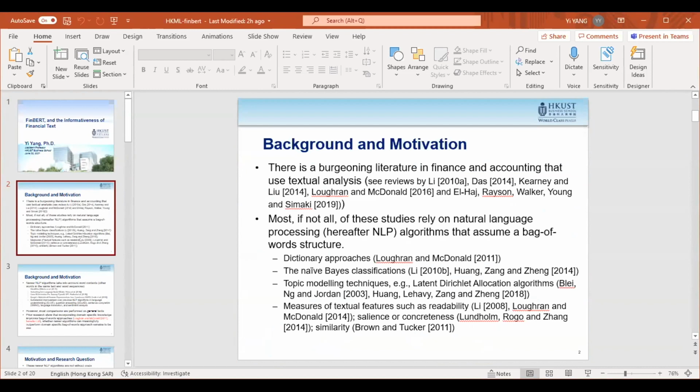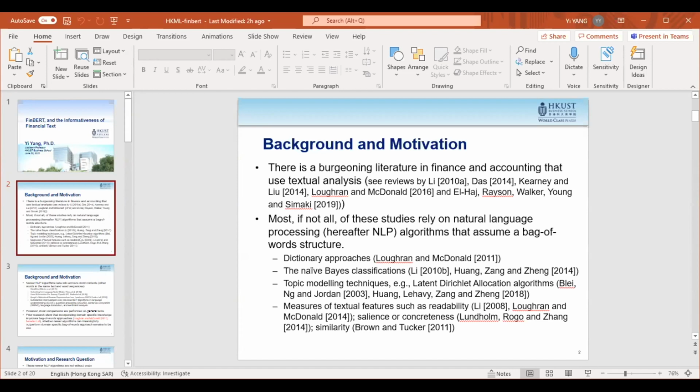So that's my background. And why I'm getting interested in this topic is because there's a lot of interest in analyzing financial textual data in finance and accounting research. If you look at the recent progress in the finance and accounting literature in the past few years, you will see a large number of papers trying to see whether they can use financial text signals to predict either stock return or stock volatility, or maybe even whether there could be some corporate fraudulent indication. So there's a lot of information embedded in this financial text. However,